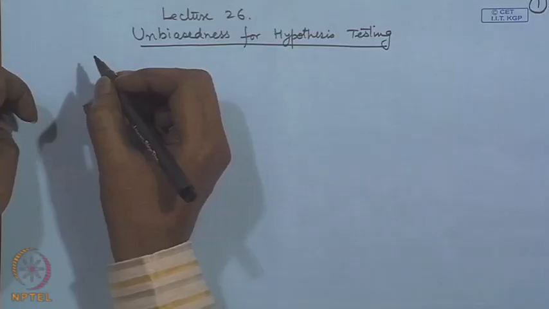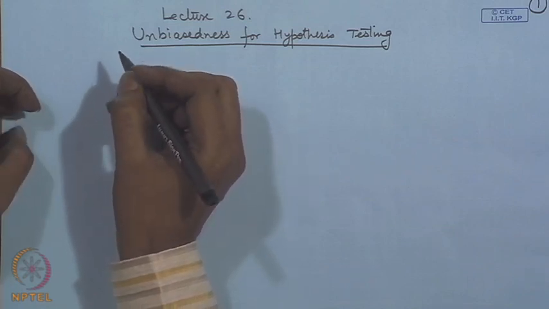Now, if that happens, then we can simply impose an additional condition which is called a condition of unbiasedness, and then we may try to find out the UMP test among the unbiased tests. So, these are called UMP unbiased tests. So, we may say this condition: